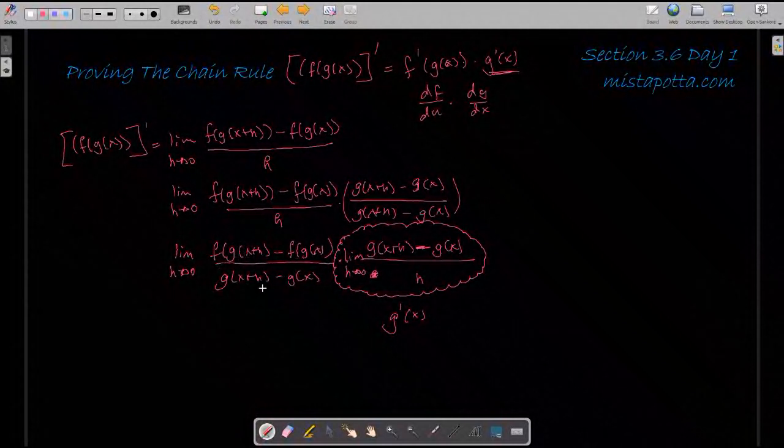And so what I need to do here is a little bit of a substitution. I'm going to let u be g of x, which is kind of the substitution that we had talked about on the previous page. U is what I'm taking the function f of. It's f of an expression, and that expression is g of x. And I'm calling that really f of u. But if I do this, then u plus k is going to be how far g of x plus h is from this value. And so this allows me to look at the limit as k approaches 0